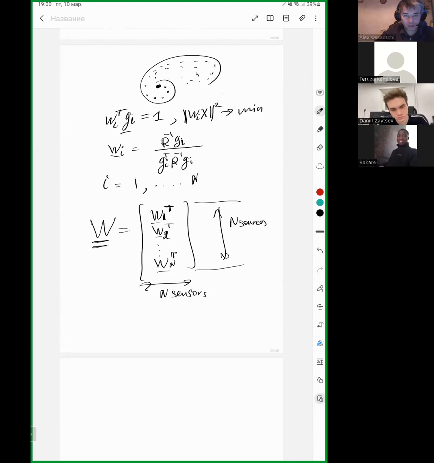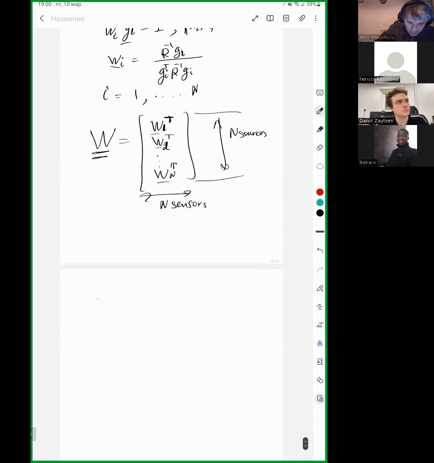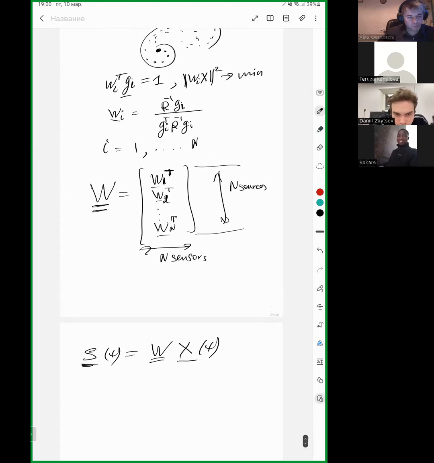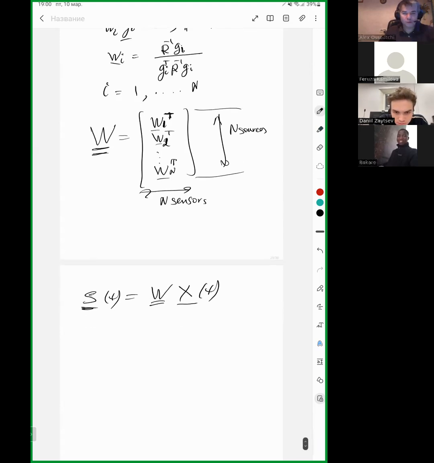Okay, and then at every moment in time you can estimate the vector of activities of all sources. S of t is a vector, W times x of t. That's it. But there is one little thing. Of course, you can do it this way, but typically when we talk about beamformers, we are interested in estimating the power of the source. Of course, you can take the time series,